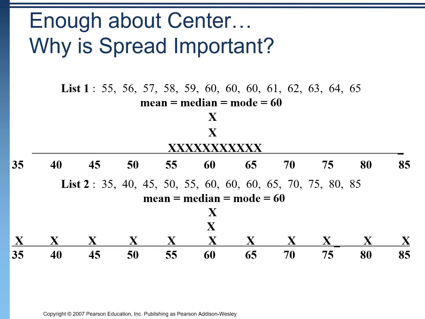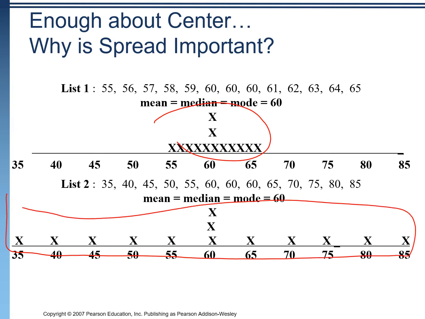We have 2 distributions here. We have this one at the top and this one at the bottom. And we can see that they both have the same mean, median, and mode. It's 60 for both of these distributions. However, they're very different distributions. The one on top is tightly clustered around 60, and the one on the bottom is really spread out. And that's important information for us to know,